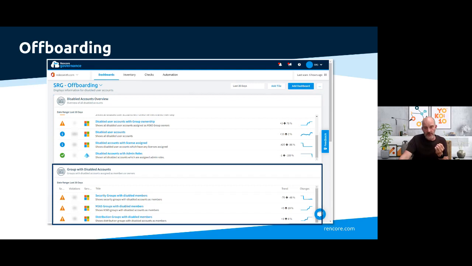Next tile down, we come to the groups with disabled accounts. It's similar to the last tile. I've got a breakdown of groups by type, Microsoft 365, security and distribution, and whether they have any disabled accounts in there. So we can complete a bit of a tidy up exercise if required. Now, what you can't see on here, there is actually a third tile, which isn't on the screen, and that lists all the Microsoft 365 services, Teams, SharePoint, Power Apps, Power Automate, and whether or not they have guest accounts assigned as member or members or others as well. So that gives us a nice all-up view in that dashboard of how many disabled accounts there are, what roles they have, and where they're being used.